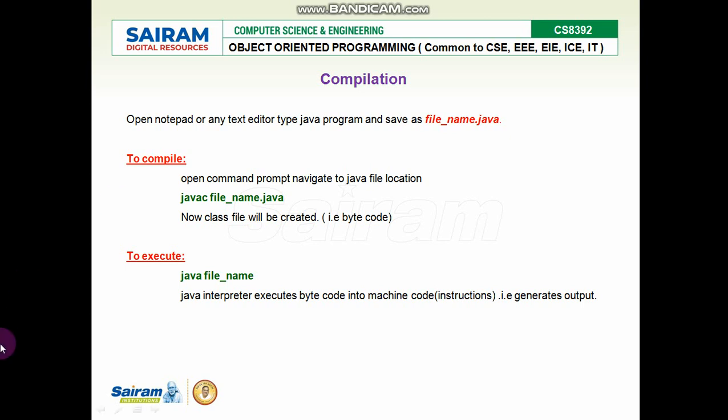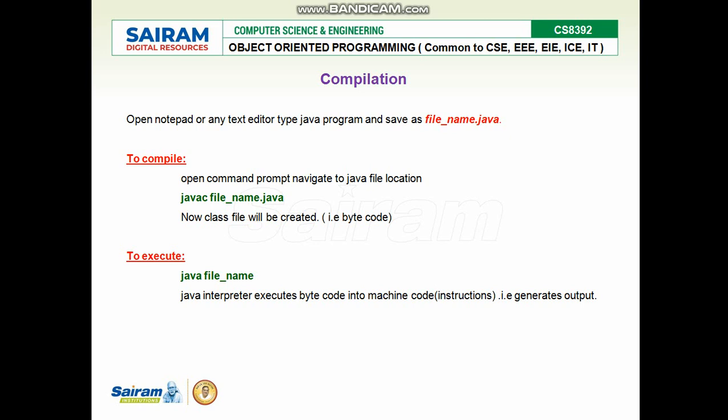To run a Java program using the JVM, java is the tool for execution. That is, it is a tool for calling the JVM. Java space only the file name, not .java. Java tool space your file name. .java is not necessary. So the Java interpreter or JVM will be executing your bytecode into machine code and creates the output.